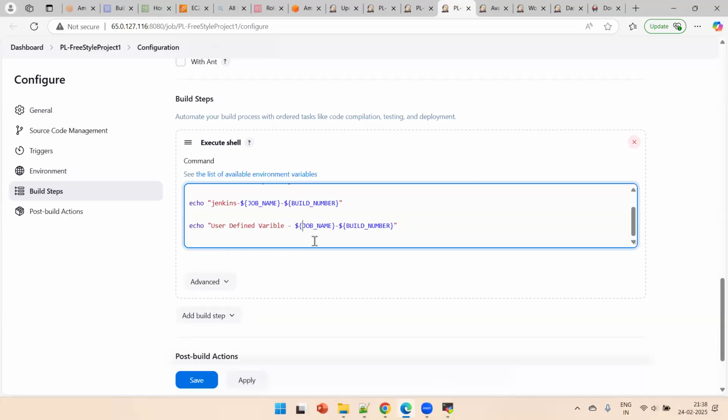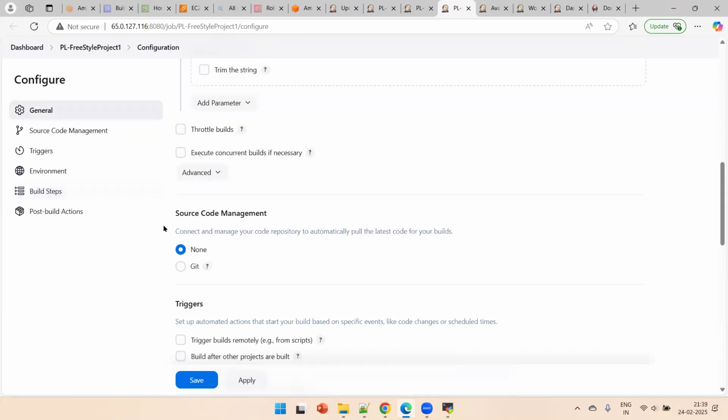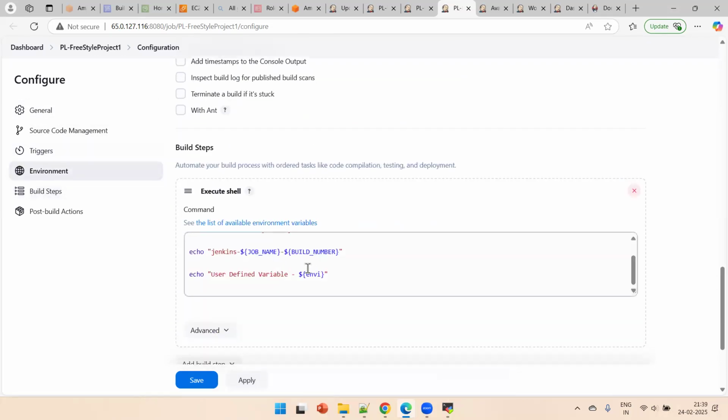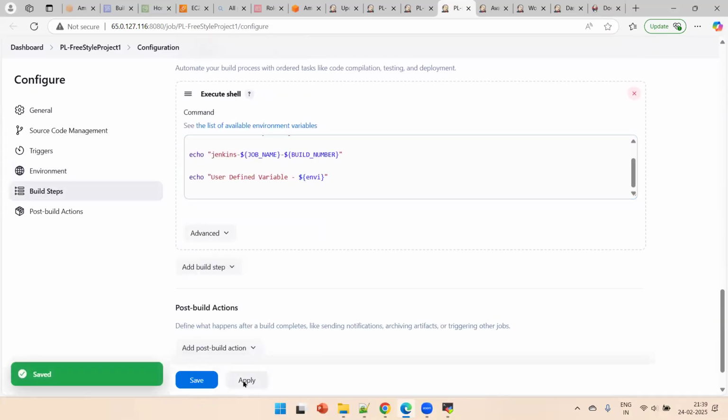Here the variable name is envi, which I have created, right? That's it. So we can declare a variable and we can use that variable in your job step. That is also represented using the same notation, prefix with dollar, curly brackets. Save the job now. Now if I run this job,